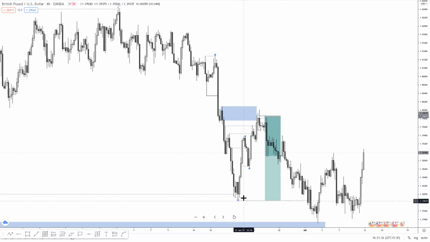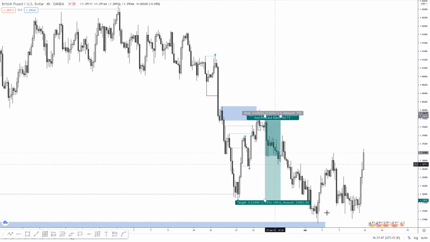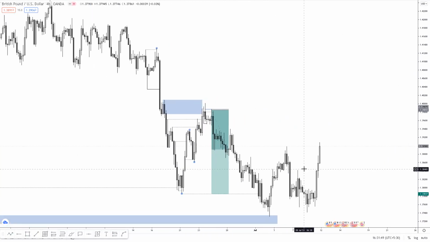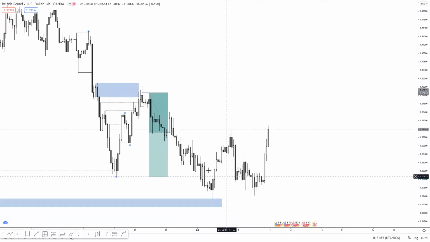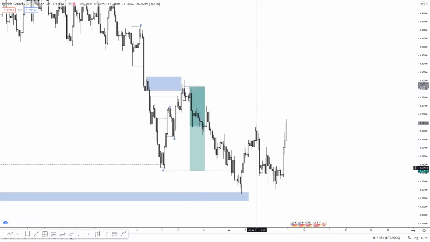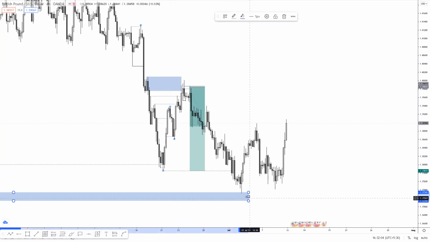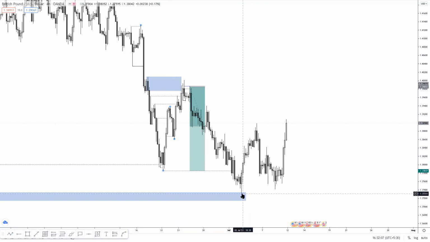So now the people who did not have the higher time frame perspective in mind, what they would do is they will place their sell stop below this, because they think now this is a downtrend, a bearish market, so they'll place their sell stop below it. Now what the price did was it came back down and took out these lows, and then mitigated out of their losing position right here. You see that it took out these lows and this became the inducement now, and then it tapped